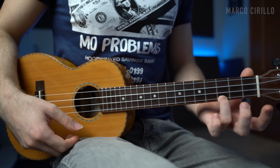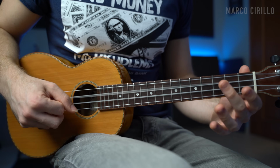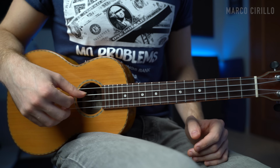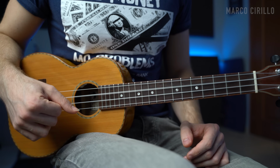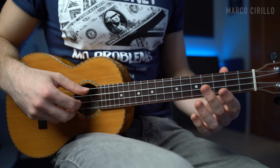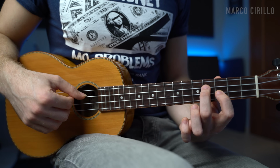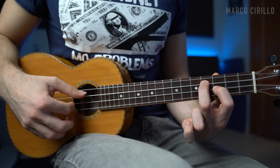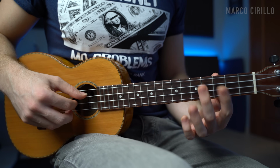Now let's bring this musical chromatic approach into the ukulele, right? We're gonna play the first chord, the C major, but we're gonna approach the chord like this. Think about it as 2 C major chords. The first one is just with open strings, 0 and 0. And then the second one is always the same set of strings, but fret 4 with the note E and fret 3 with the note G. So you will have,